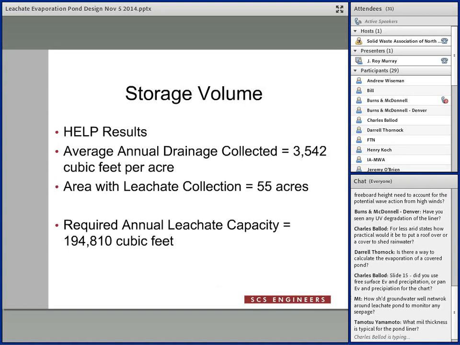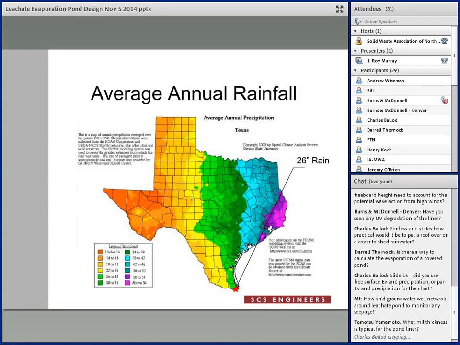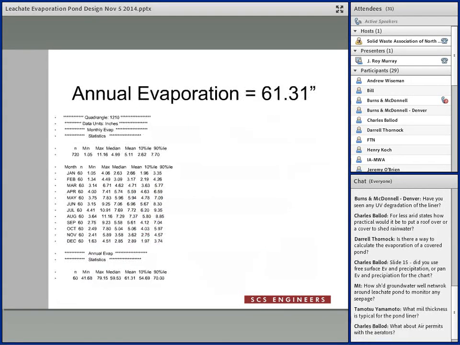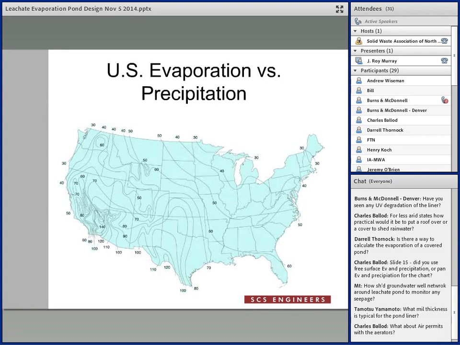Oh, I think I know which one. Well, I'm trying to get to that slide. Okay, that is